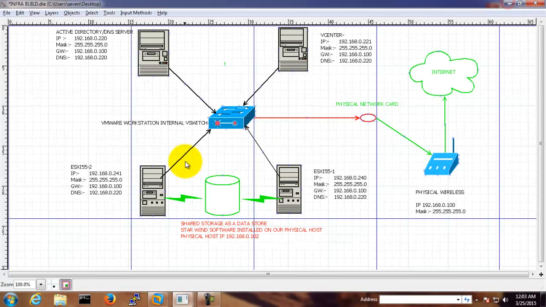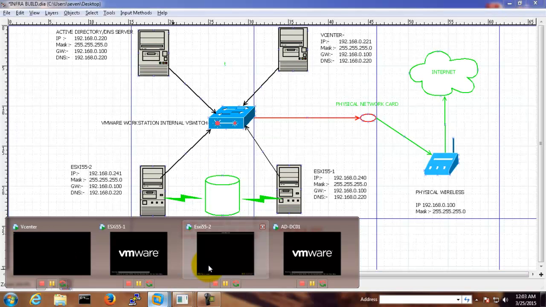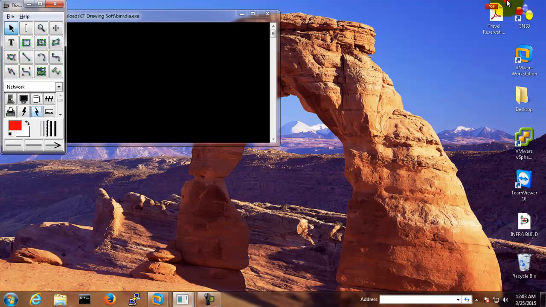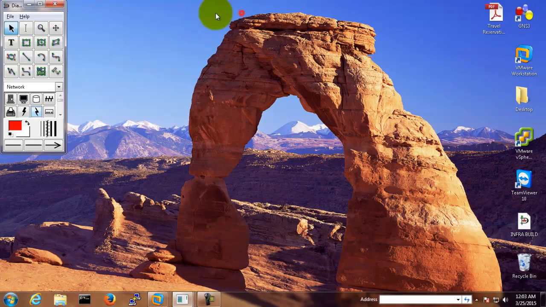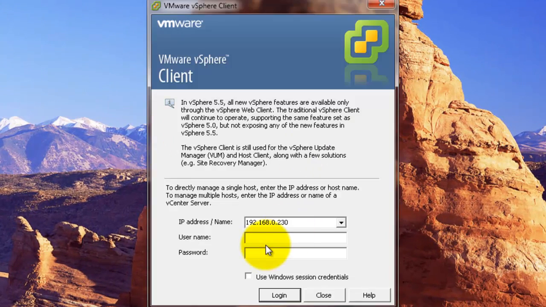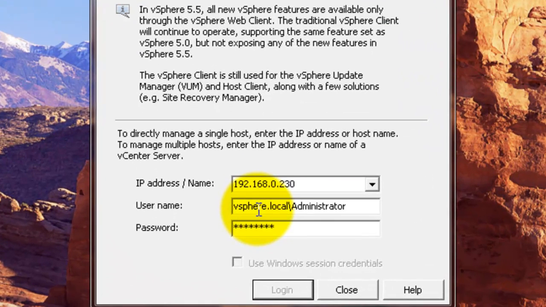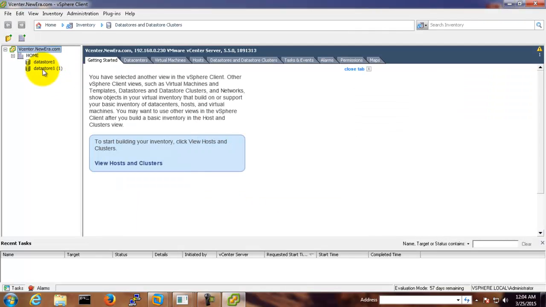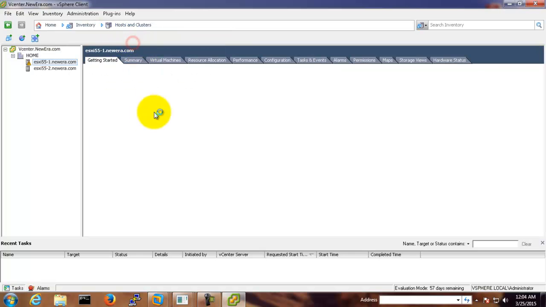That's it. So let me check my ESXi hosts whether they are already up or not. Okay, looks good. So right now I'm going to access my ESXi host from my physical box. This is my physical box. Alright, let's get connected. Alright, looks good. We are able to connect. Okay, these are the local data stores. So let me go to host